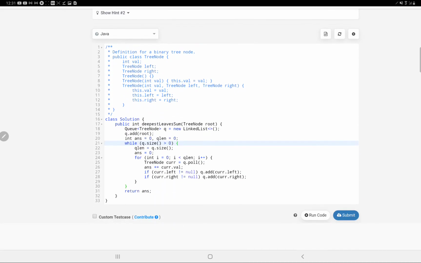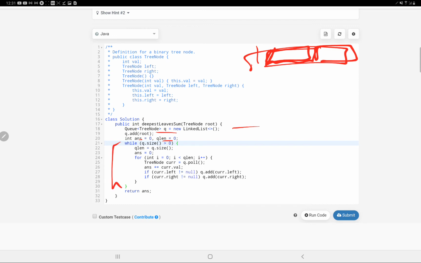So the code for this would be: we have taken a queue, as you know, because we are applying a breadth first search kind of algorithm. The first thing we push into the queue is the root node, that is the starting position. We take two variables, answer and length. Why have we taken length? Because I told you earlier, if we make a queue and pop out the elements, we will know that this is one level, and the length would signify that only.